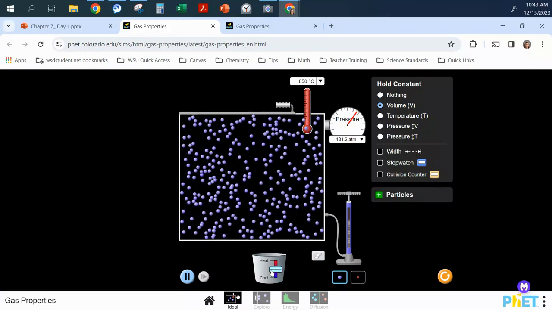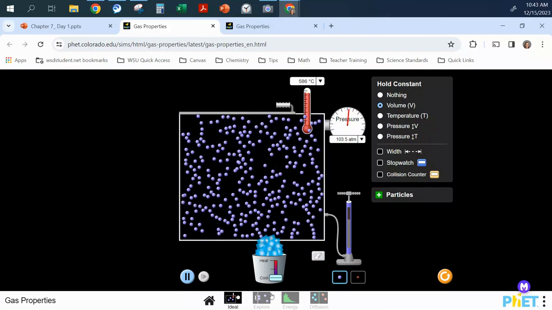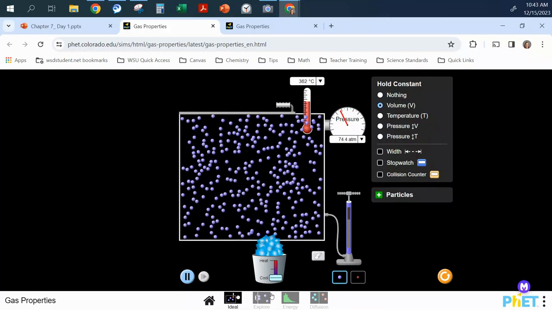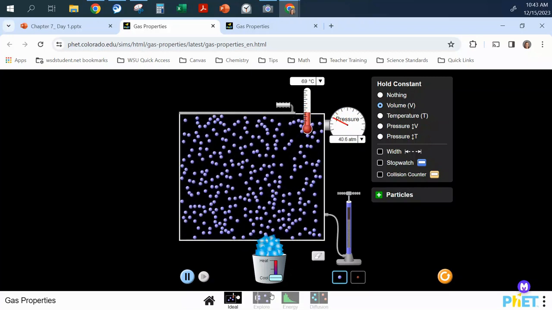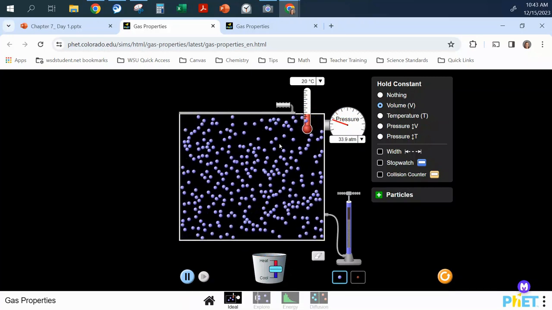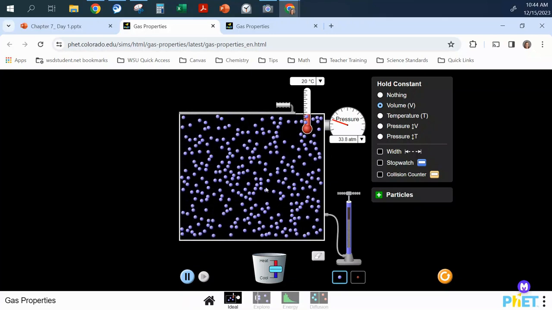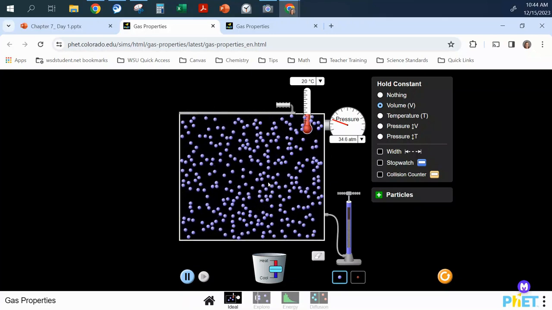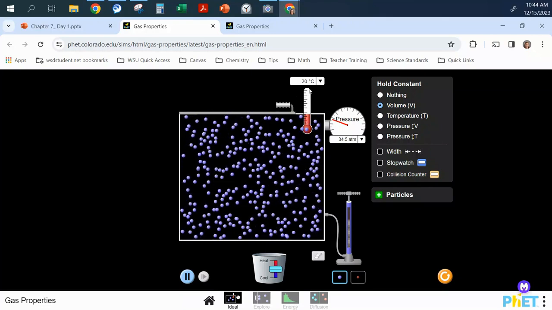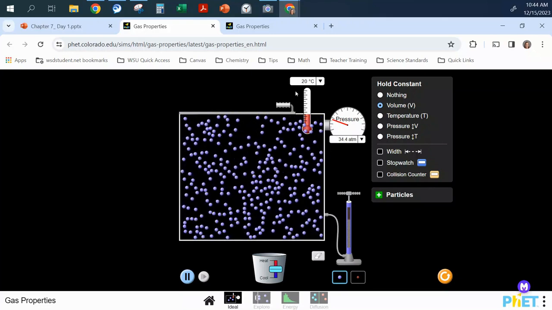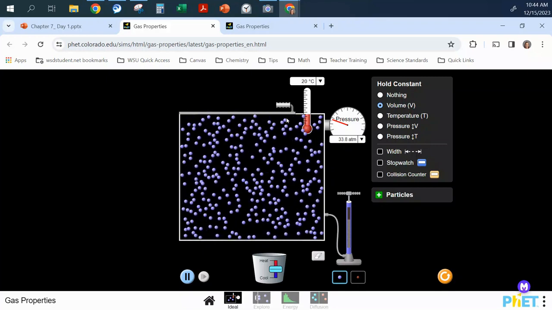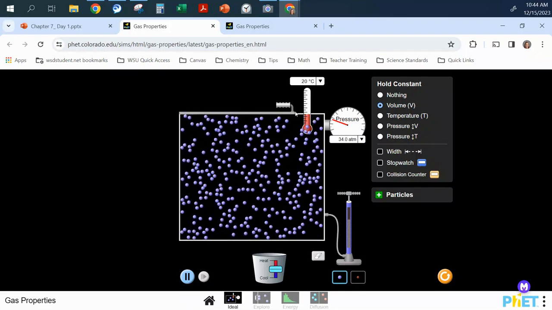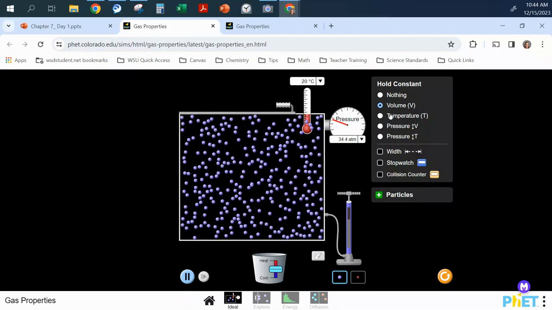Let's try, what happens if we cool it down? What's happening? So the particles are getting slower. So if we decrease the speed of the molecules, we're getting less pressure, we're decreasing the temperature, okay? So, okay, let's look at what happens if